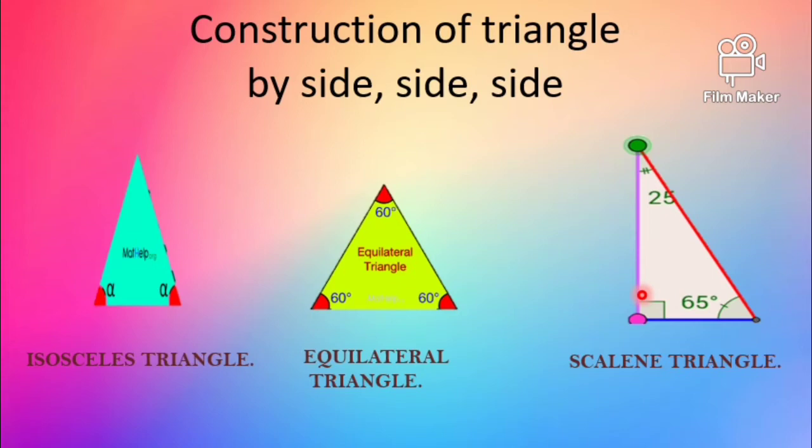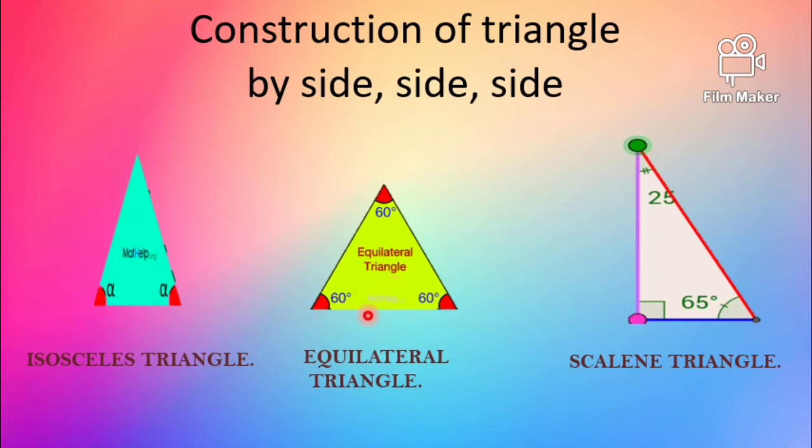One thing which you have to keep in your mind is that the angle of the triangle depends on the sides of the triangle. Means if two sides of a triangle are equal, then two angles should be equal. In figure 1 you can see in isosceles triangle the two sides are equal and these two angles are also equal. Means if the two sides are equal, the two angles should be equal.